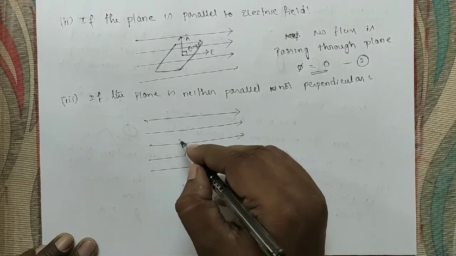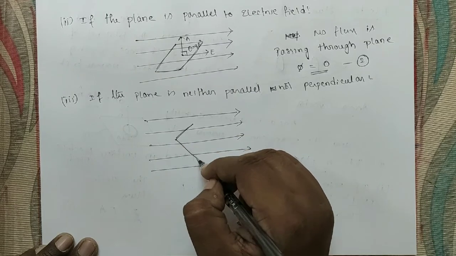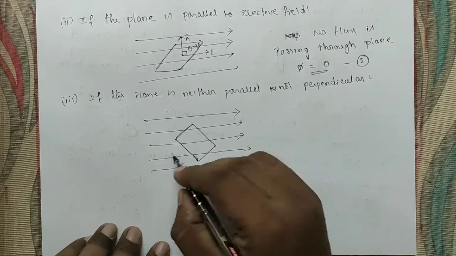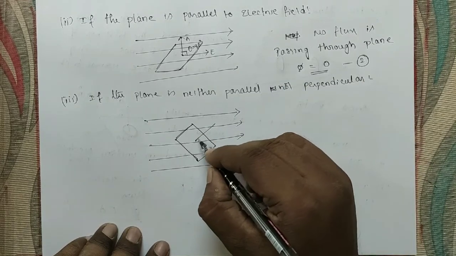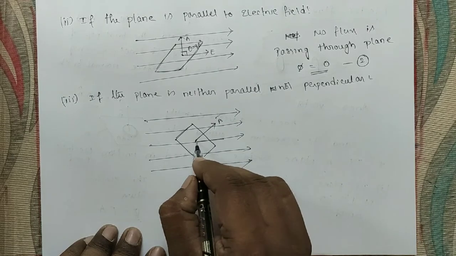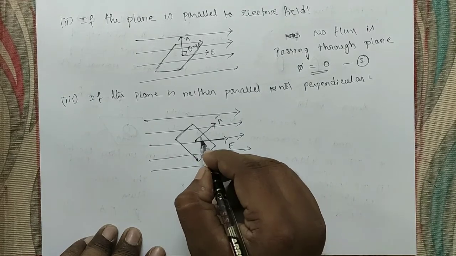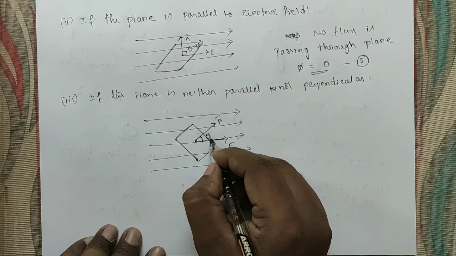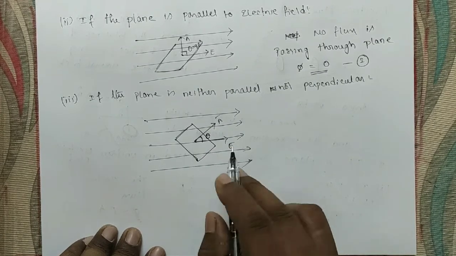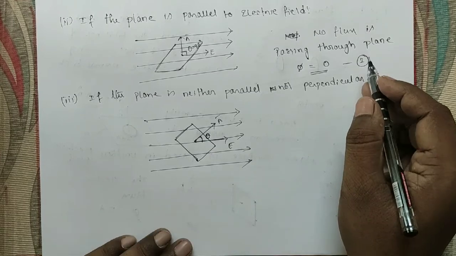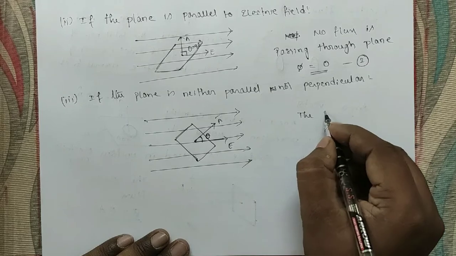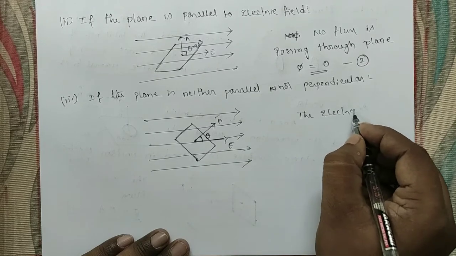If the plane surface is placed in this direction, the area vector is normal to it. This is A bar, and this is the electric field direction E bar, and the angle between these two is theta. Then the electric flux through this surface is